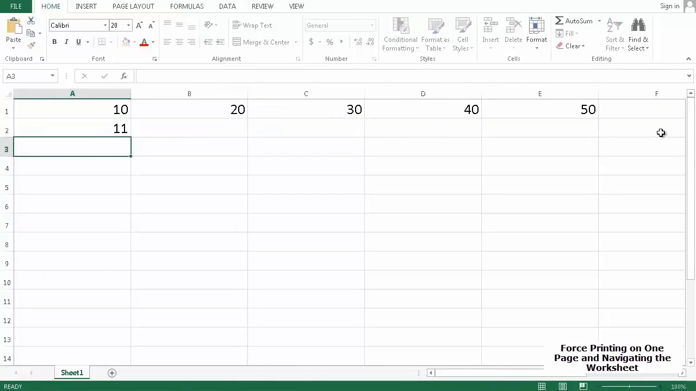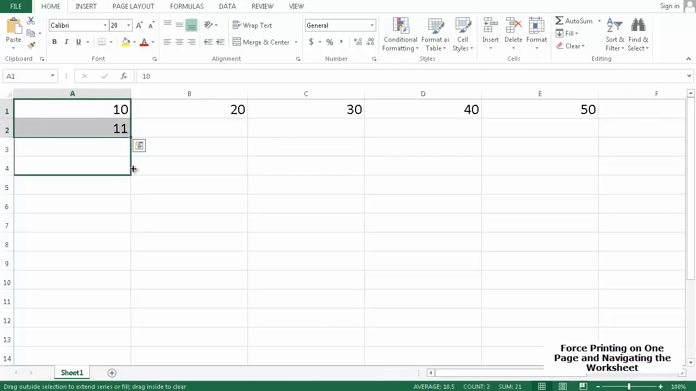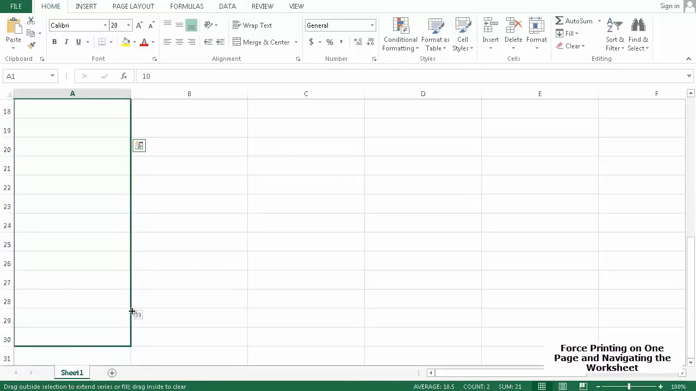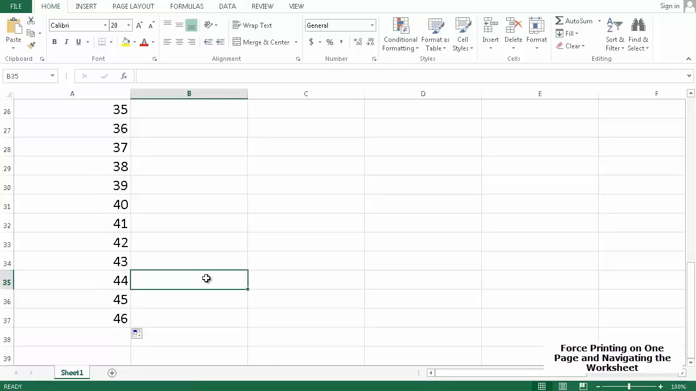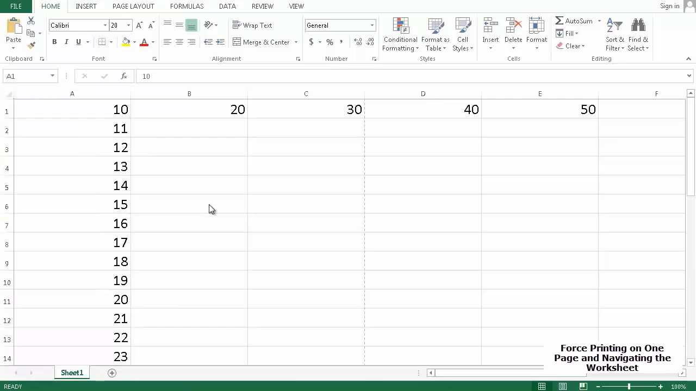I'm going to type in the number 11. I'm going to highlight two numbers and drag out the autofill all the way down. So let me just go down to around 46 or so. And you may notice a dotted line, and the dotted line represents that it's going to print